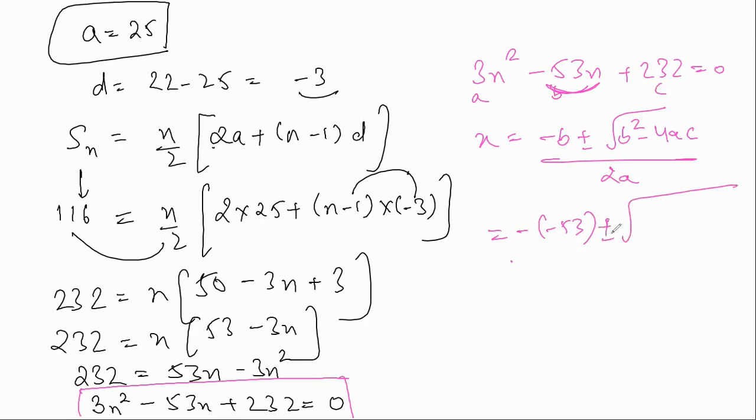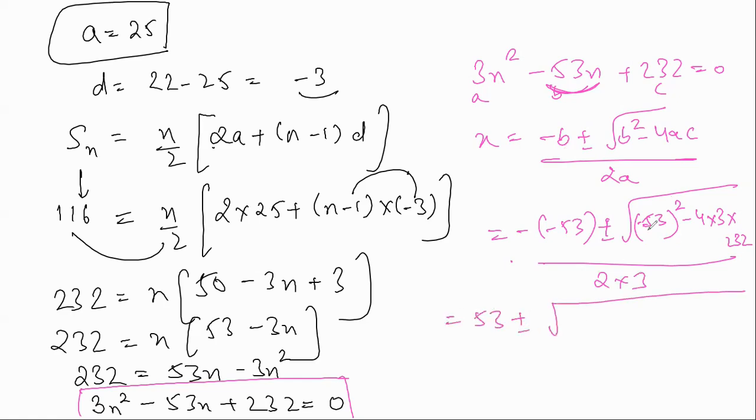Plus minus, what is b square? It is minus 53 whole square minus 4 into a into c, divided by 2 into a. Okay, now you just have to solve it. 53 times 53 is how much? 53 times 53 is,